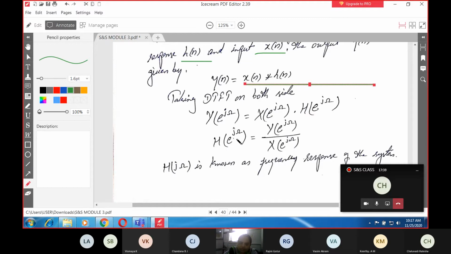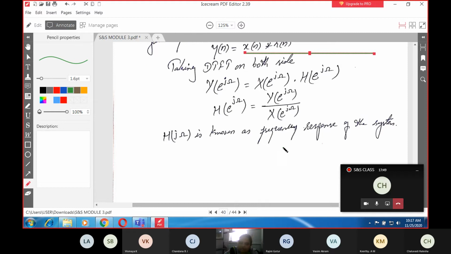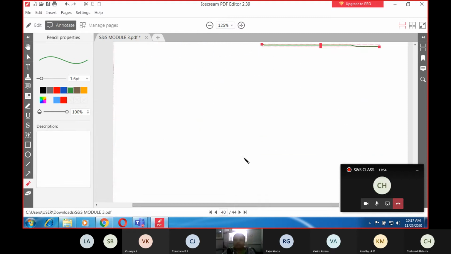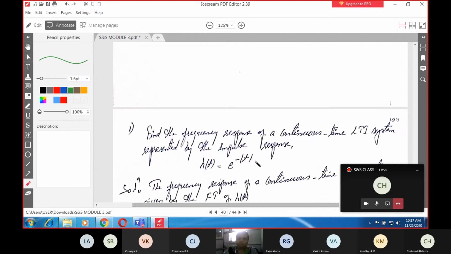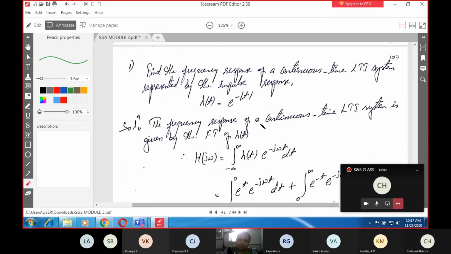Then H of e raised to j omega is going to be equal to Y of e raised to j omega divided by X of e raised to j omega. H of j omega is known as the frequency response of the system. So that was a small theory about frequency response and differential and difference equations. Next we will solve the problems